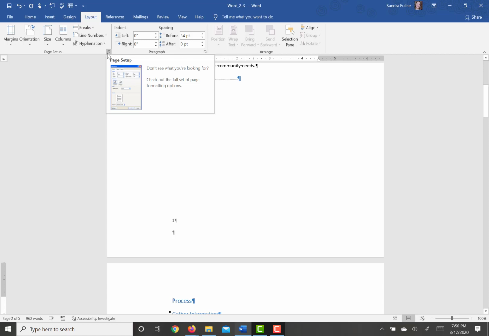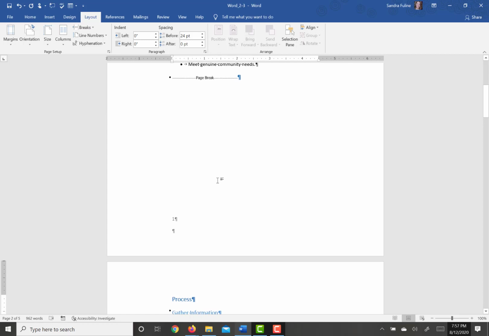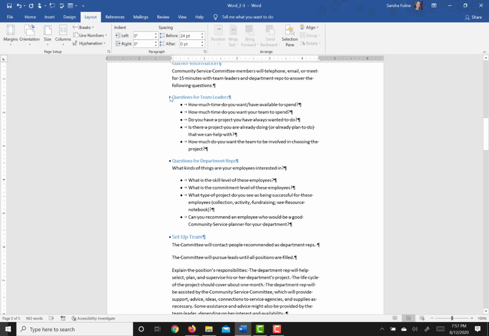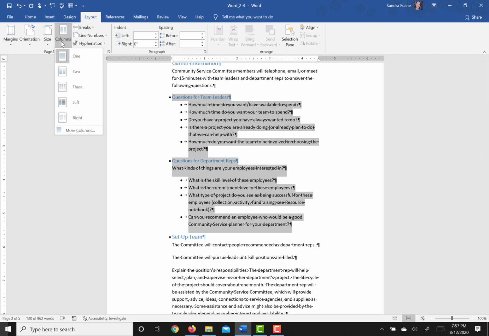Then it says, select the questions for team leaders and questions for department reps headings and the lists that follow them. Then format the selection in 2 columns of equal width. So we're going to scroll to questions for team leaders and department reps. Once you have all that information selected, on the Layout tab you're going to go to Columns, and we are